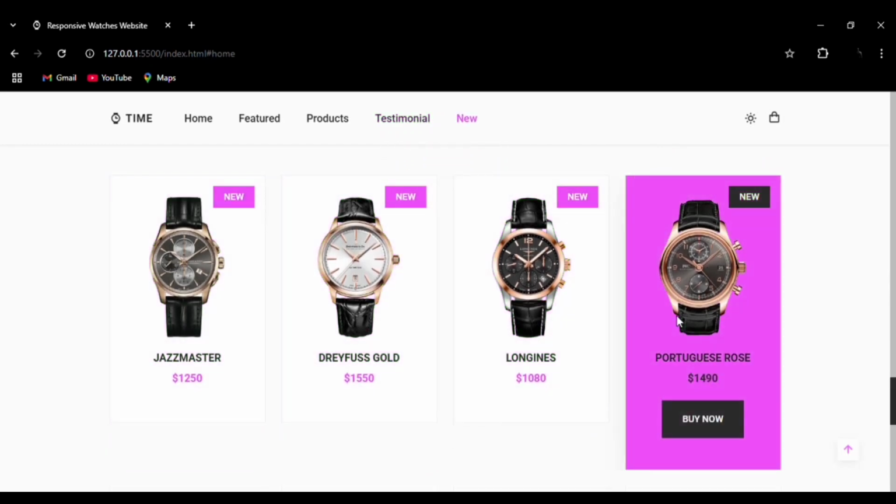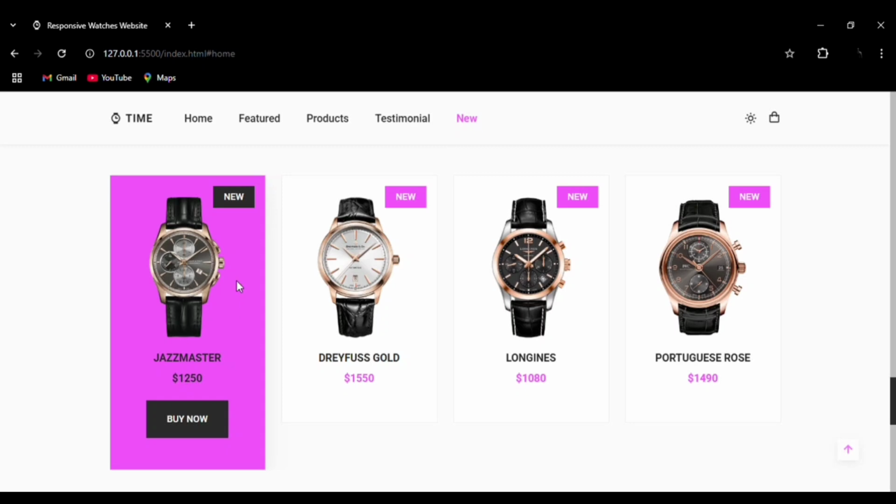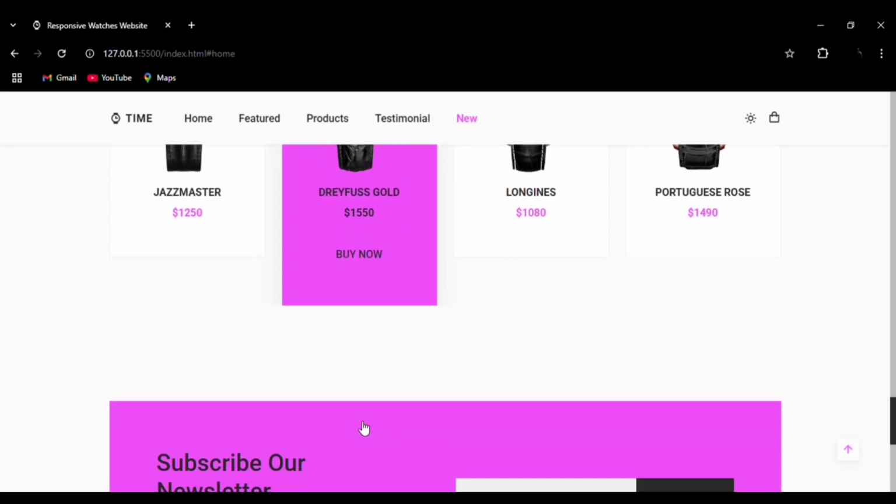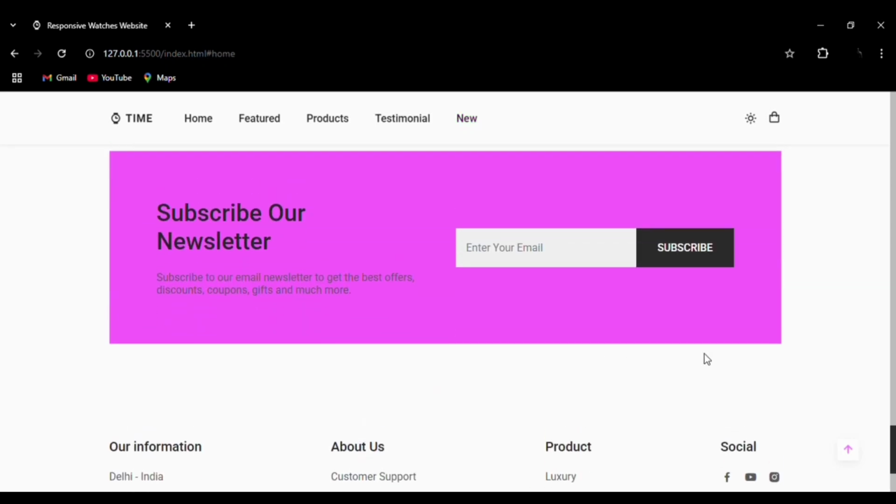You can see the hover effect on them, getting a background change as well as the button change. That is, the new button will change to black color, and on button hover we get the buy now button. Then we can go to the next, that is our subscribe to newsletter. You can see the hover effect, the email, and we can go to the footer section,